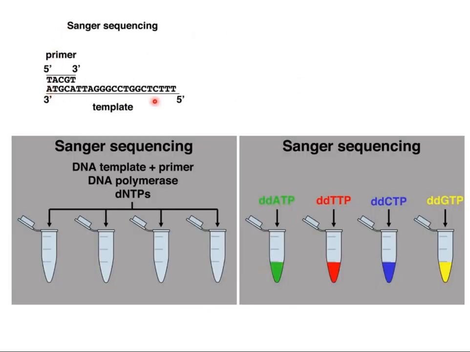The setup was done, the template region was taken, the primers were taken, the DNA polymerase and the dNTPs were taken. They were set up in 4 tubes. The reaction was set up similarly: the same template, the same primer, same DNA polymerase, same dNTPs. Then in each of them, in one ddATP, that is dideoxy ATP was added, and dideoxy TTP was added, and ddCTP was added, ddGTP was added. Okay, so this reaction was set up.